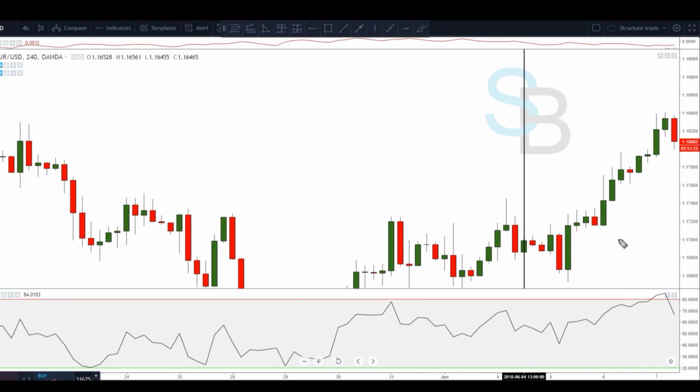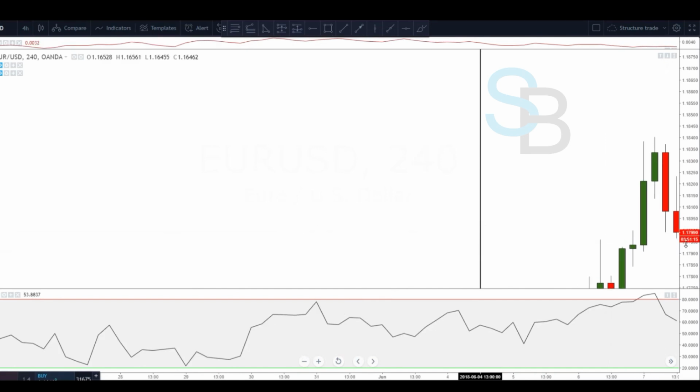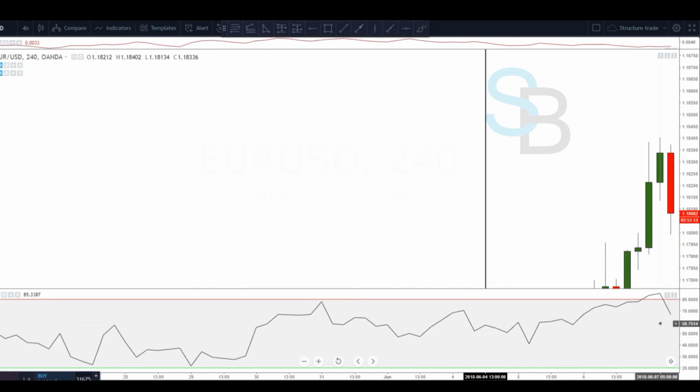And I'll let you guys spot the next couple of entries I see. But here, and actually I'll zoom in just a little bit more so you can see that this is in fact a 1, 2, 3 engulfing candle. We have a market coming out of an overbought condition. We made it above that 80 mark, our red line. So since we have a market coming out of that overbought condition, we know what we're looking for. We're looking for a 1, 2, 3 engulfing pattern right here coming out of that overbought condition. Since we get that, that's when we would be placing a trade, which is right here at the close of